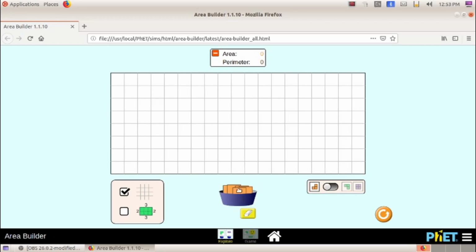There is a bowl. Inside that bowl there are so many squares. You can place the squares here. When you place it here, it will automatically show area and perimeter here. If you want to know the measurements of the sides, just click on this green tick here. So it will show the measurements. So keep on placing the squares, then it will automatically show you the area and perimeter.